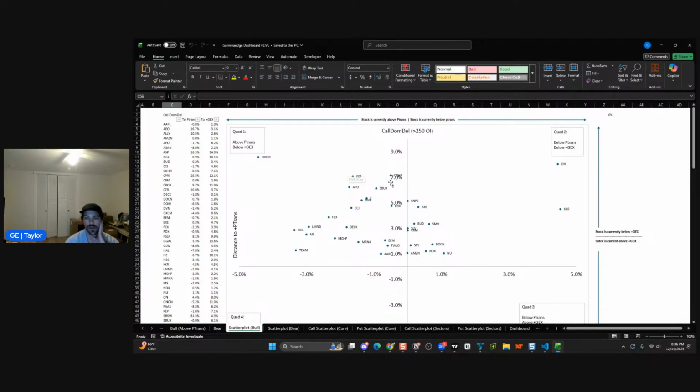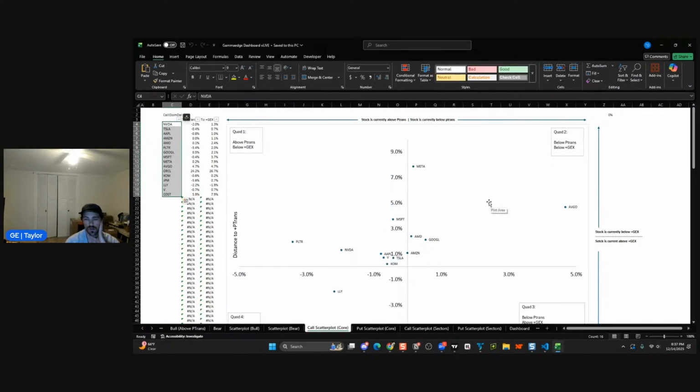So your strike zone is in this area right here, where again there's low downside relative to the upside. That's how you read the scatter plot. We get some questions about that, so hopefully that's helpful. And then again, I post that for the core stocks, which are these stocks over here,